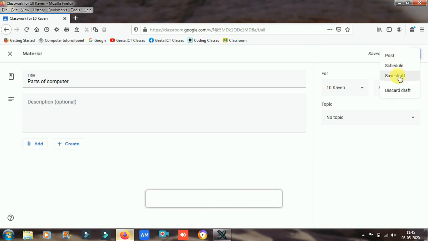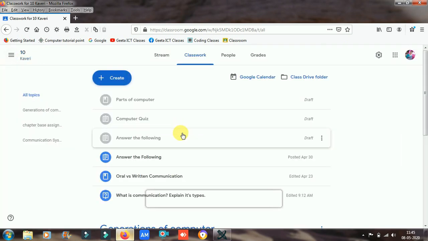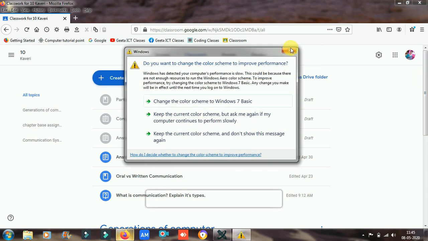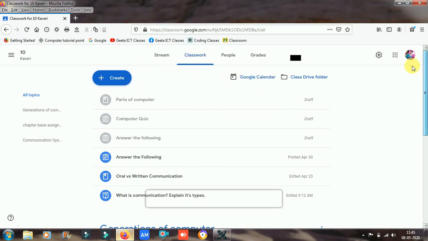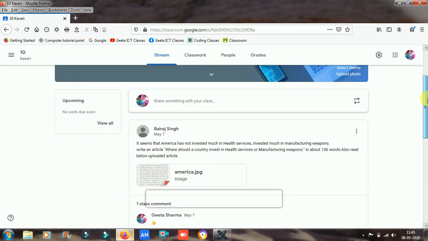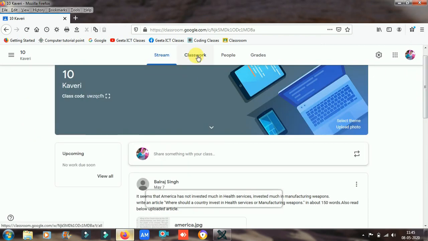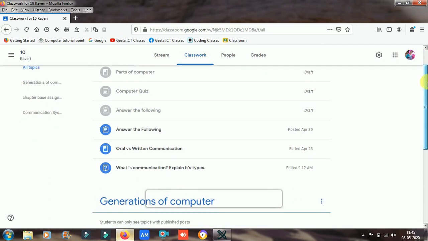Next is save draft. If you don't want to send it this time and you want to save this draft, you can just click on that and save it for future use. I can show you my previous classwork.